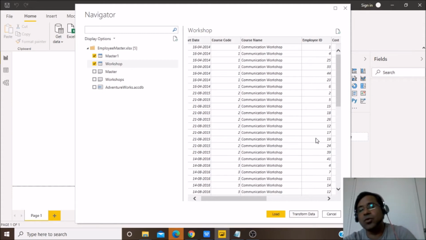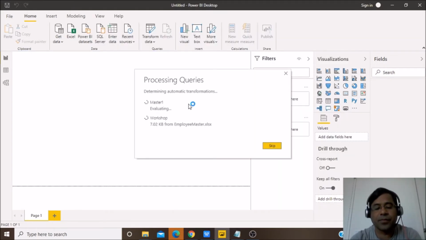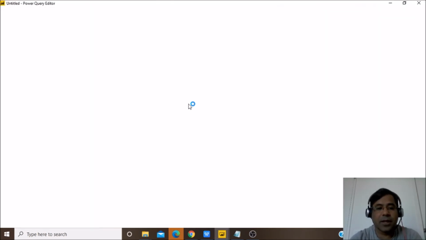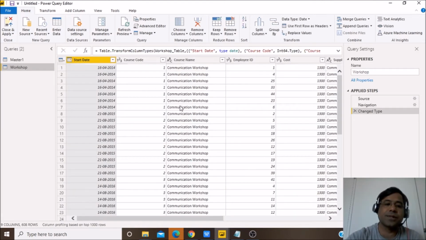If there are junk values or your column types are not correct, there might be issues. So for safety, you just click on Transform Data, and now it will go into the Power BI Query Editor where you can edit your data. You can clean the data, you can change the data types for different columns.